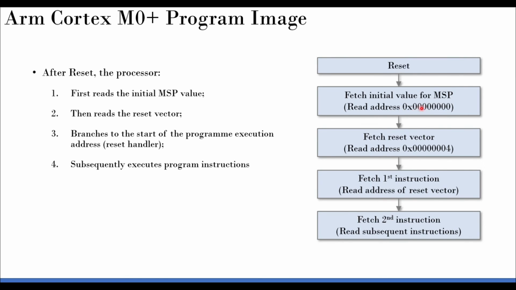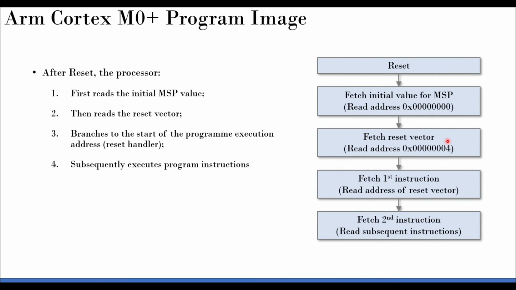That is the address. Whatever is the content in this location will be the initial value. You have a chance to set that also if you want, because you define the stack space and you can put the initial value of your stack pointer there. And then it fetches the reset vector. The reset vector is this particular address location. Remember it is 32 bits, that's why you see an increment of 4,